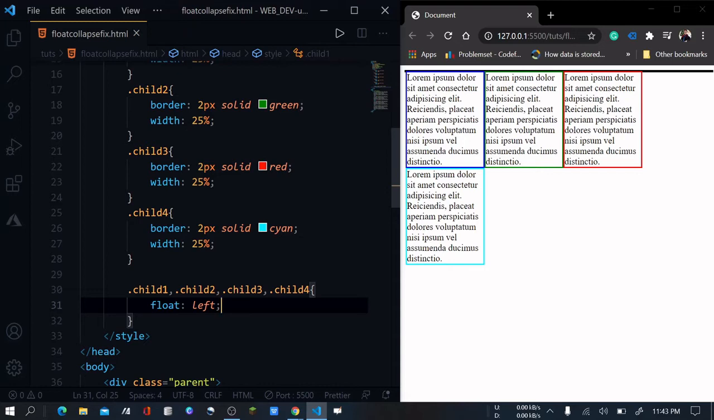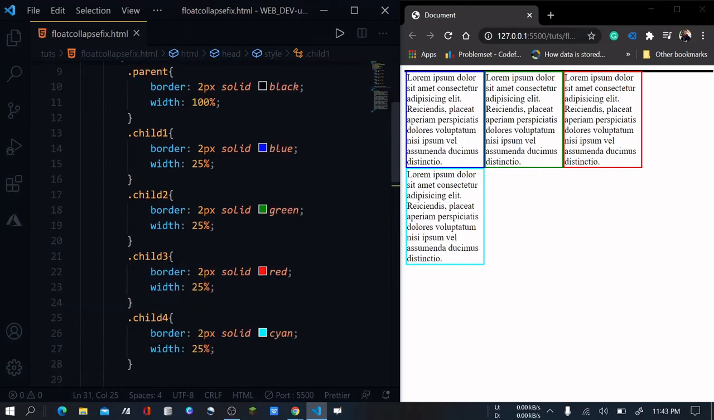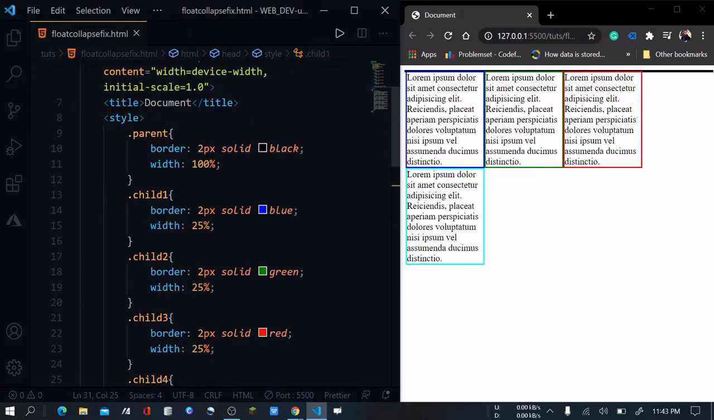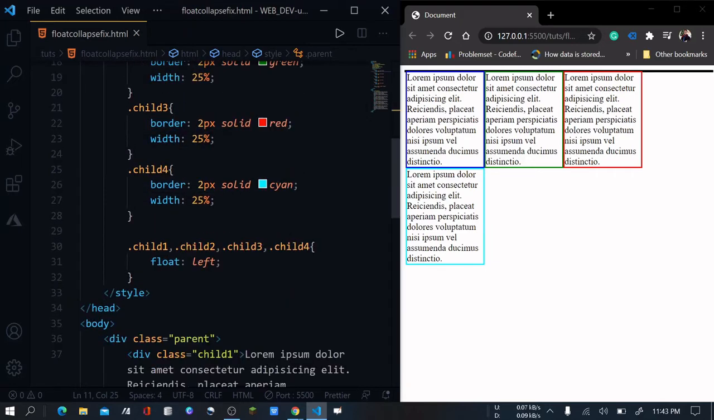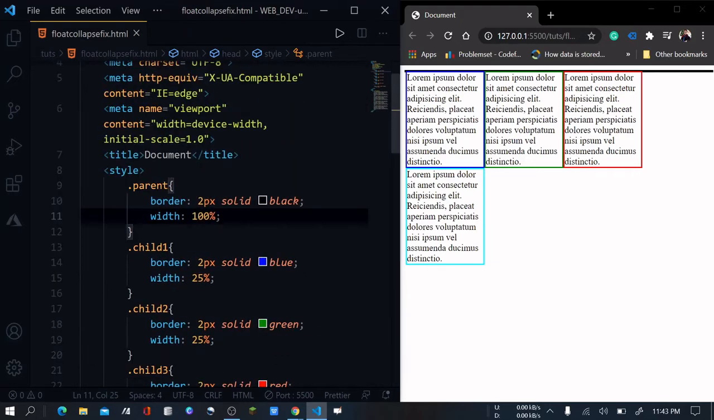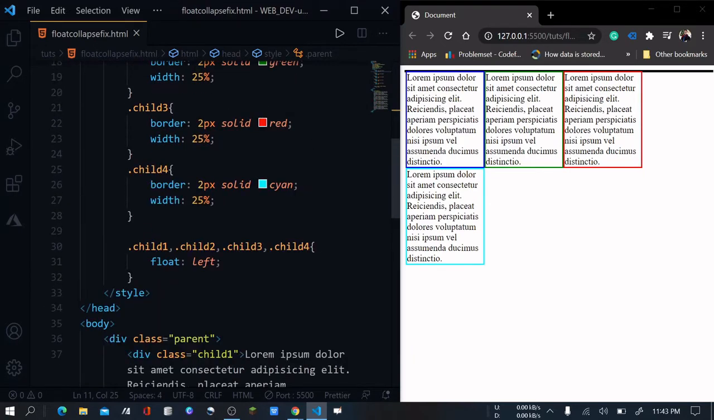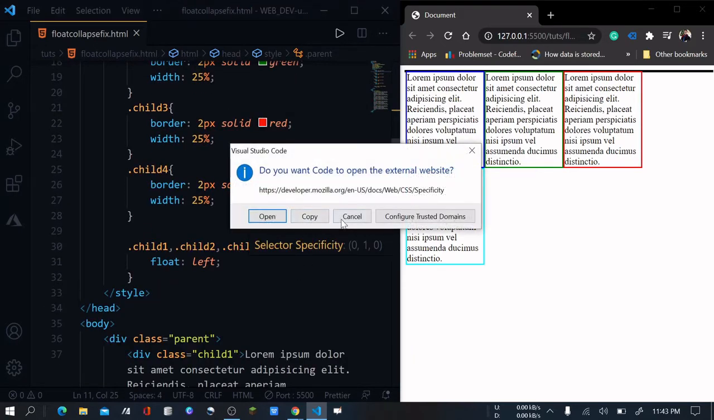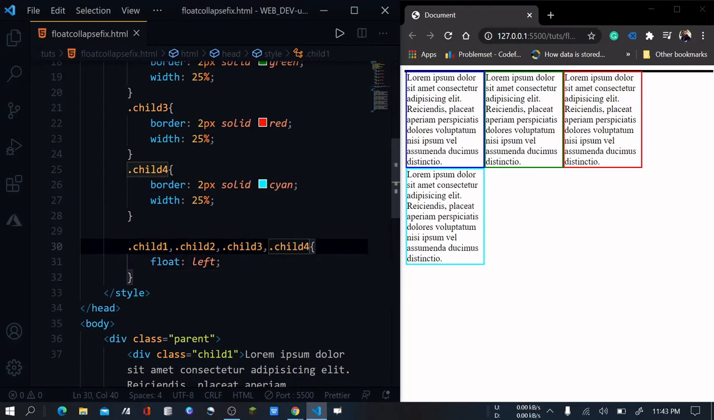So if you want to visualize why this problem actually occurred, you need to look at the parent class carefully. I set the width of this parent class, but there is no height. It means the height of this parent class is variable, it depends on the content of the parent class. Whatever the content, the height will change according to it. So if I remove all these classes from here,